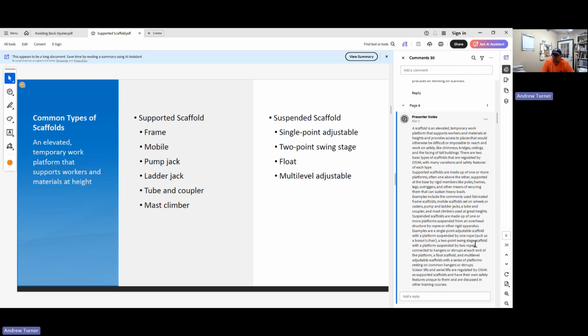Suspended scaffolds are made up of one or more platforms suspended from an overhead structure by ropes or other rigid apparatus. Examples are a single point adjustable scaffold with a platform suspended by one rope, such as a bosun's chair; a two-point swing stage scaffold with a platform suspended by two ropes connected to hangers or stirrups at each end of the platform; a float scaffold; a multi-level adjustable scaffold with a series of platforms resting on common hangers or stirrups;